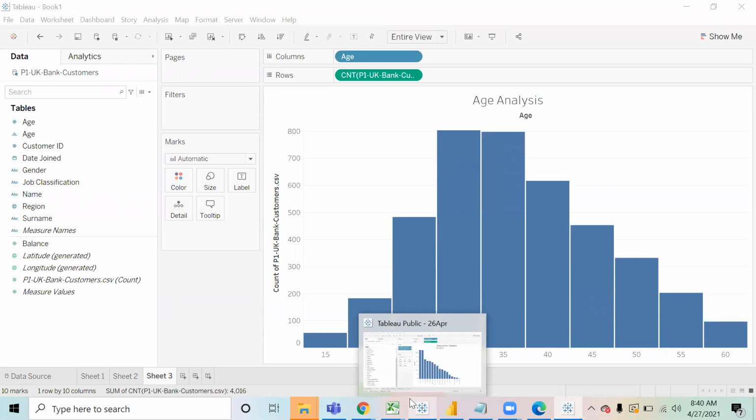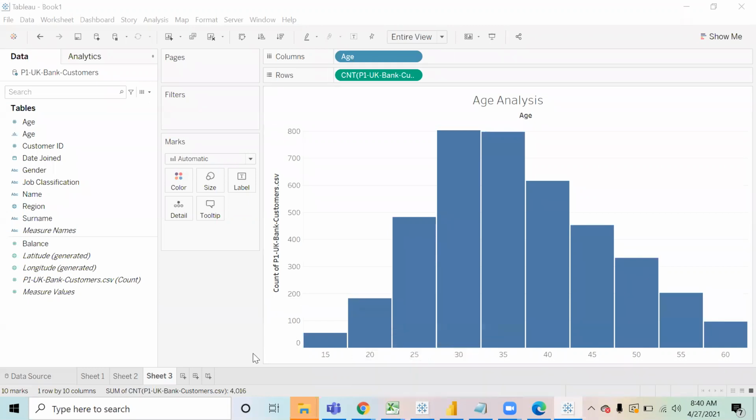If I save it on the shared drive and someone opens the file, does the data file have to be saved with the same name, or will it be saved with the same name because it's a shared drive? So if any other file is saved which has the same name, what will happen? Sorry, I couldn't get the question. So, actually, no, the same folder will not have a file with the same name. So you cannot have two files with the same name.